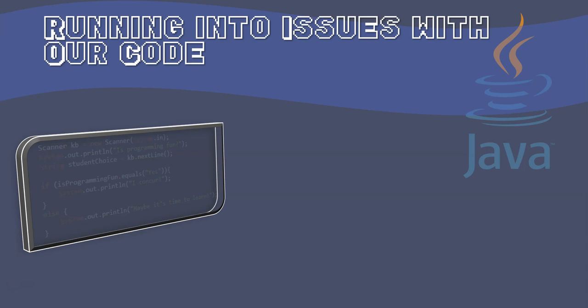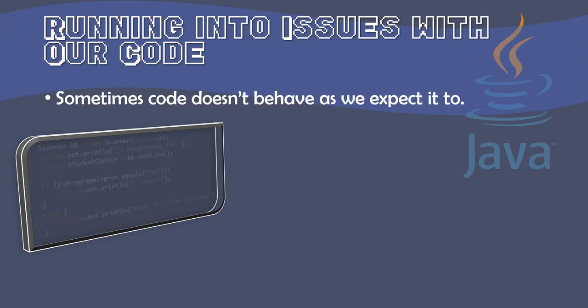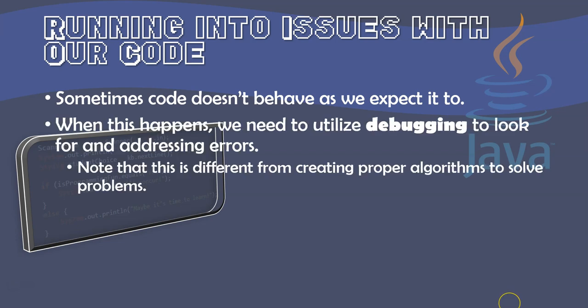So let's just say we're working on code and we start running into issues with it. Well, that's because a lot of times when we start writing code, it may not behave as we expect it to. When this happens, we often need to utilize what's known as debugging to look for and address errors with that code. Now note, this of course is different from creating proper algorithms to solve problems. So it's not part of the problem solving process, but rather it's part of the process for us to fix